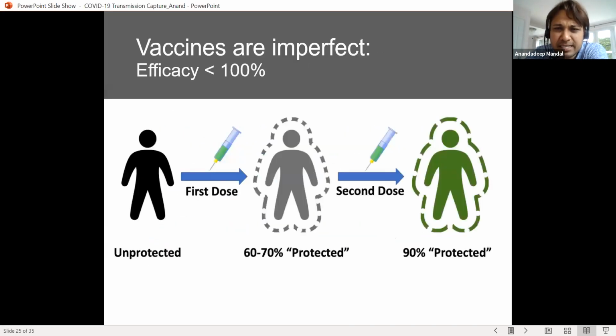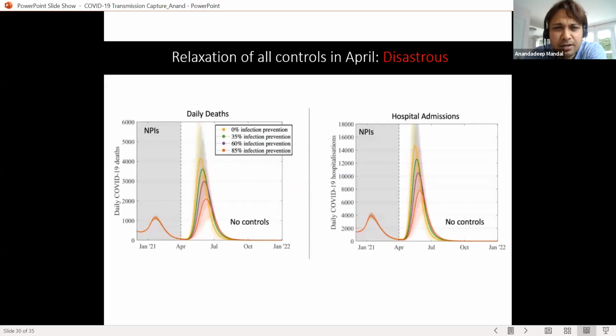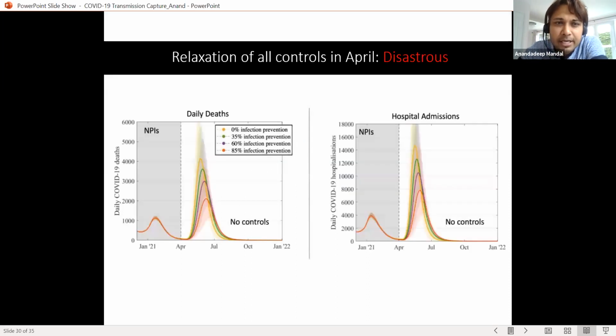If you see my slide, I had put 60 to 70 and 90 here. However, efficacy, we are doing it as 70% for the first dose and 80% for the second dose. Why? Based on data and simulation. So we are not taking the extreme limit, but we are taking what is more likely going to be the case, and which is the case. So we see this is a great graph which we produced, and this was directly taken.